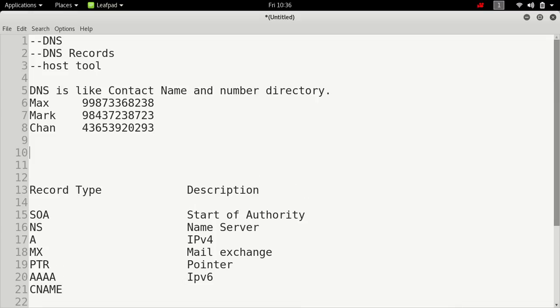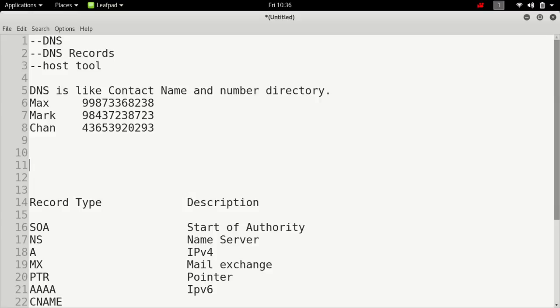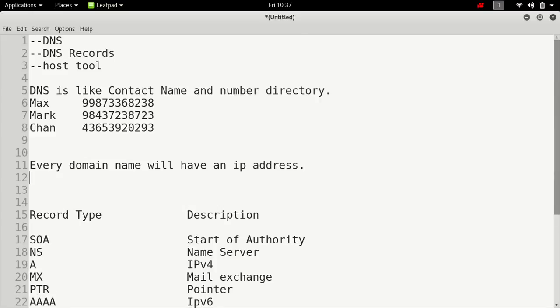Every domain name will have an IP address. Tripathi Brothers.com will also have some IP address, like 78.333.4.9.